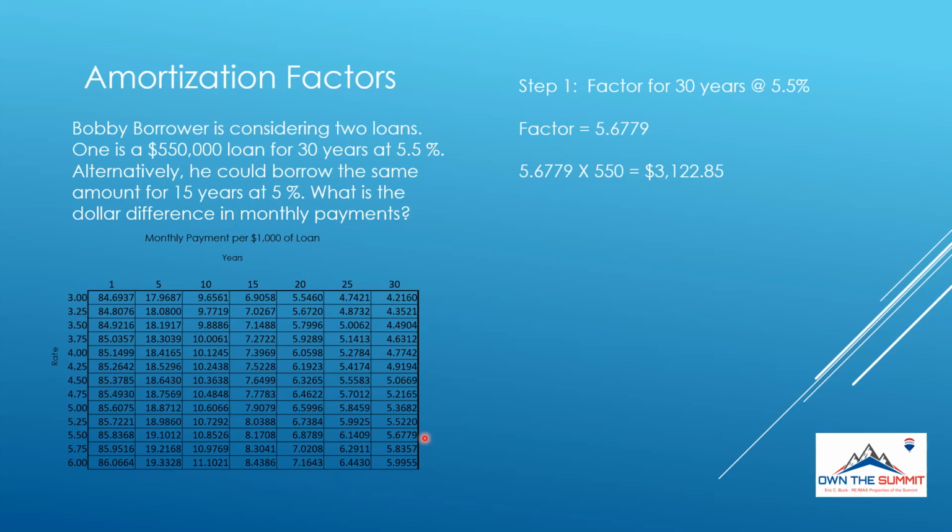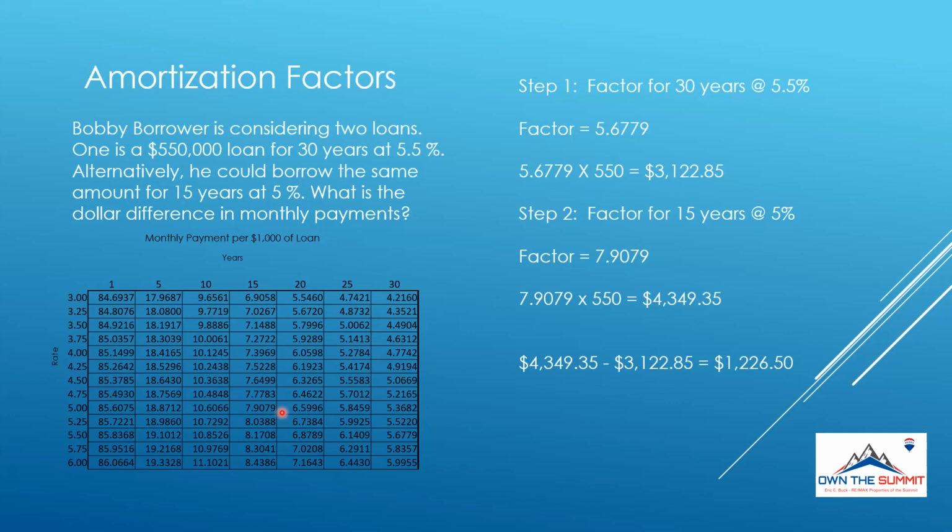That times the $550,000 that we have gives us a payment of $3,122.85. So that's loan number one. Now let's look at loan number two. 15 years at 5% is a factor of 7.9079. Times the same 550, we have a payment of $4,349.35. The difference,